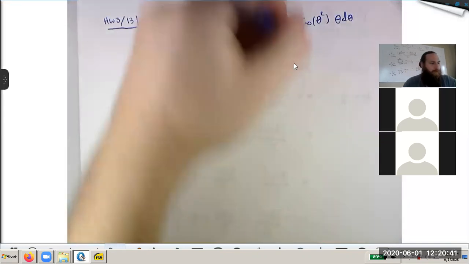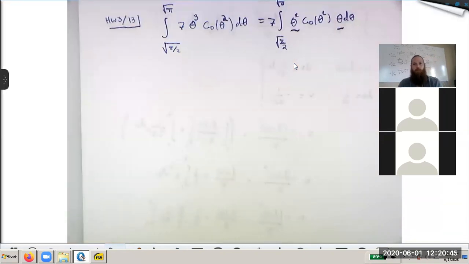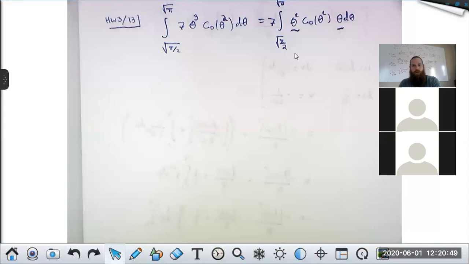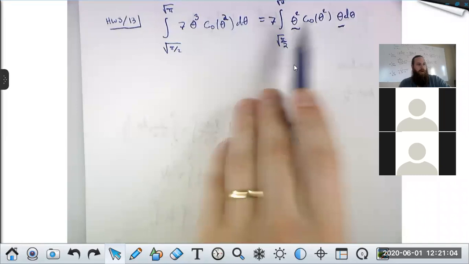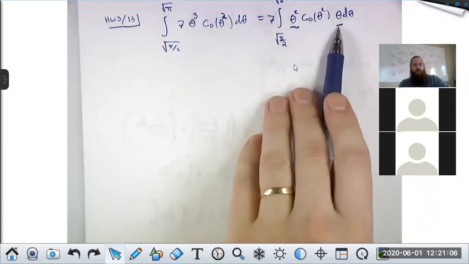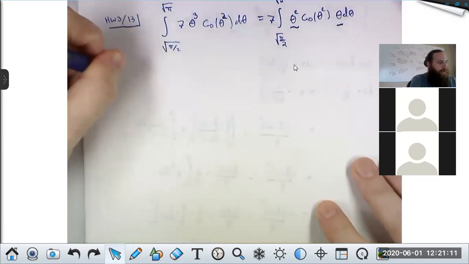So theta cubed, I split into theta squared times theta. One of them I left at the end to help us see why the substitution is a good idea. So when we do that, we see here, every time theta shows up, it's showing up squared. And this is exactly what I would need to substitute z equals theta squared. So if I do that,